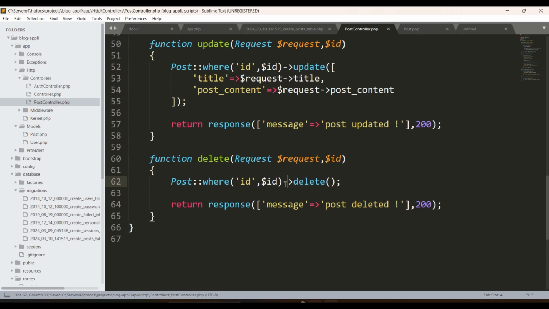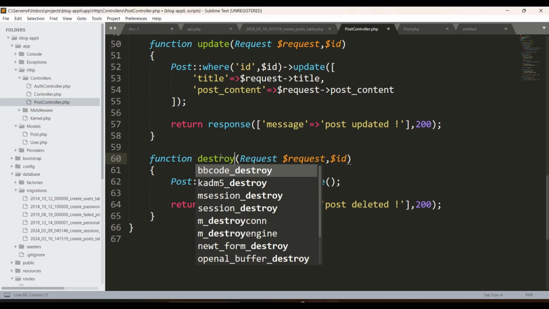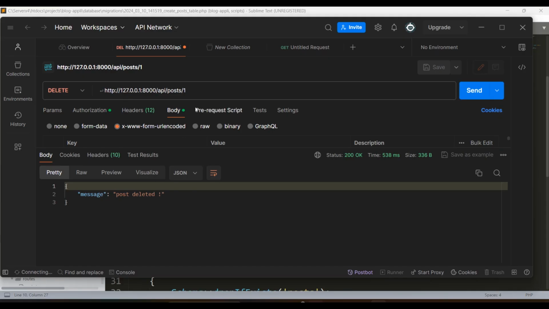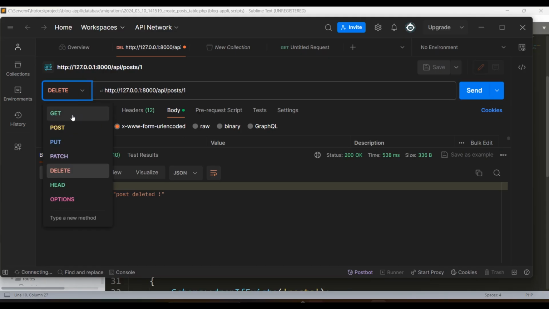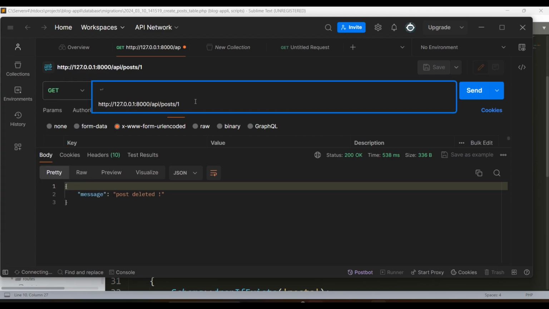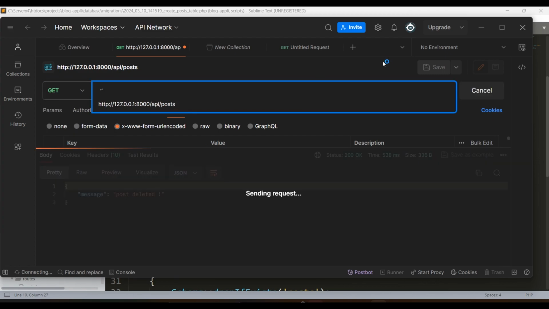Here you can see post deleted. Now let's try here. You're going to say destroy. Yeah, you can see that we just deleted a post. Now let's try to get all the posts. Here you can see